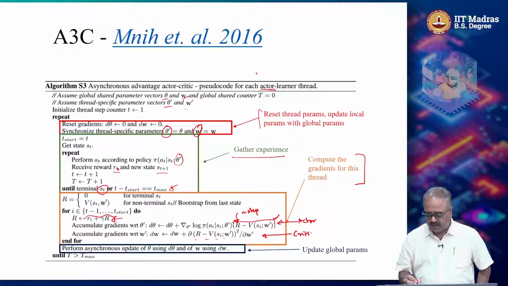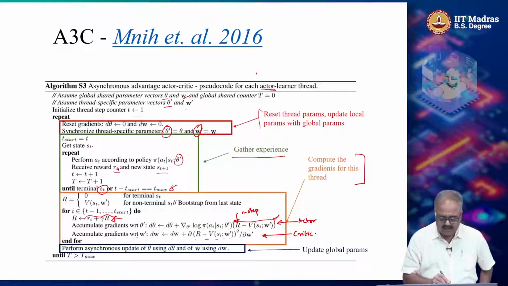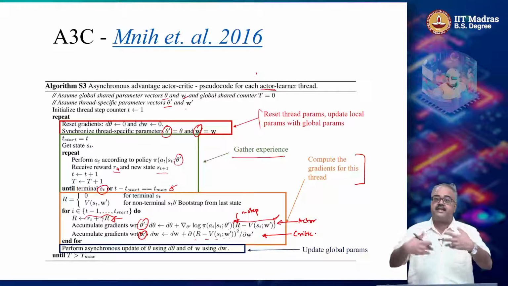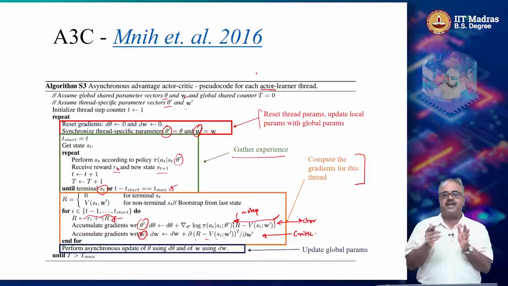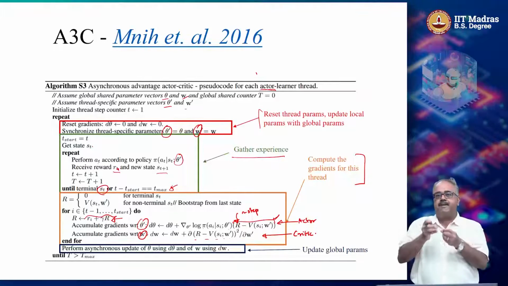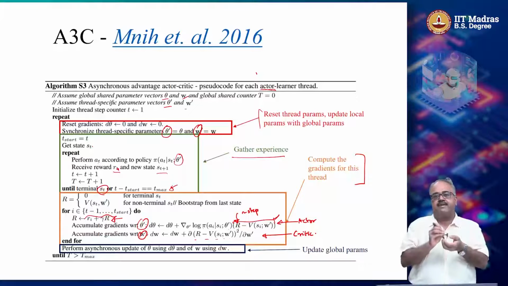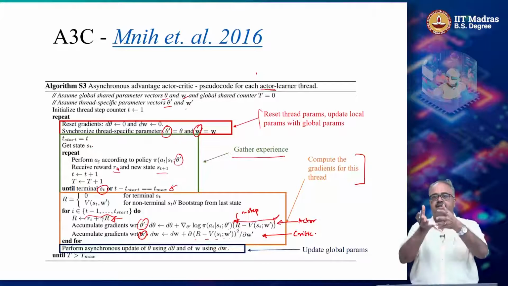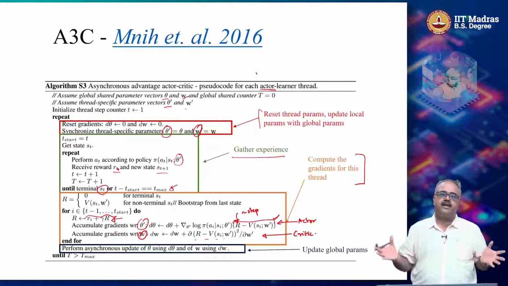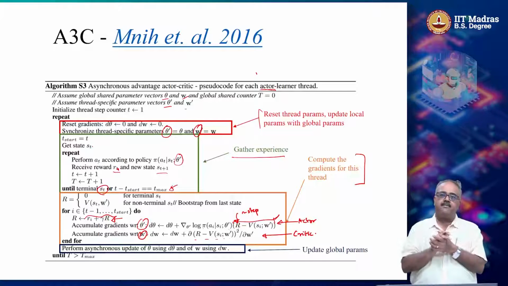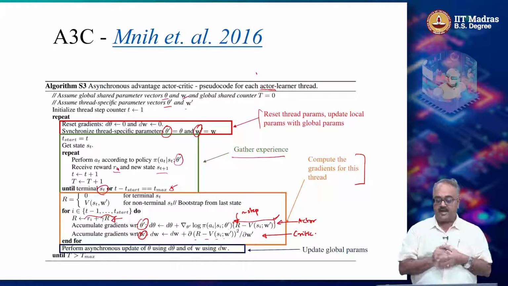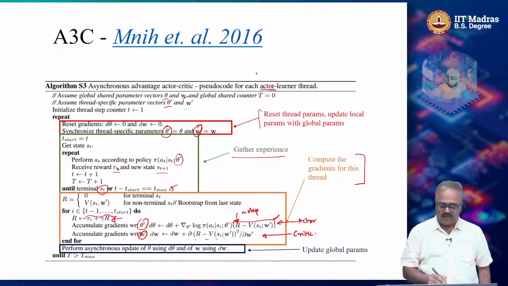So one thing you have to note here is that both theta prime and w prime are not changed. I am just computing the gradient and then keep adding it up. It's like a batch mode version, right? In batch mode you don't change the weights for every sample. You take all the samples in the batch, run them through, compute the gradient for each sample, accumulate all the changes, and make one change to the weights at the end of the batch. So like that, what you are doing here is for this episode that you generated,